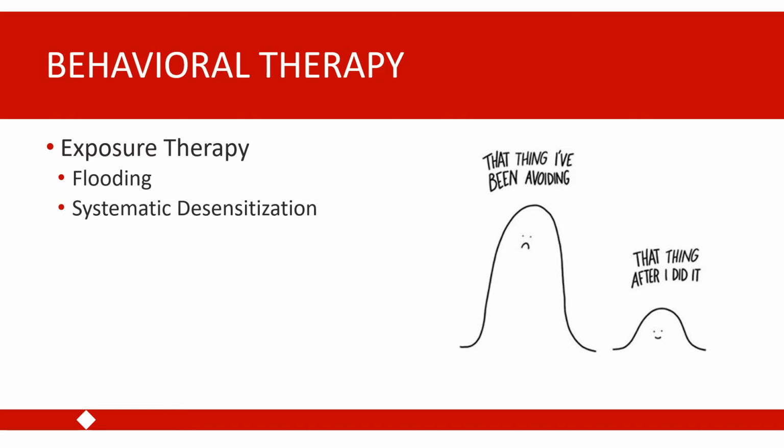A more common approach to exposure therapy is something called systematic desensitization. In systematic desensitization, you expose an individual to their phobic stimulus or feared situation, and you start at a level that produces a low but still distressing anxiety response. You repeatedly expose the individual at that level until they've habituated and are no longer experiencing the intense fear response. And then you increase the level of severity of the exposure until the individual is able to tolerate situations where they're exposed to something at a very high anxiety-provoking level and are no longer having that anxious response.